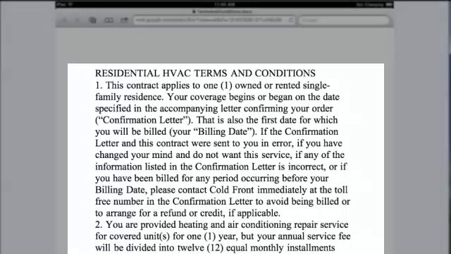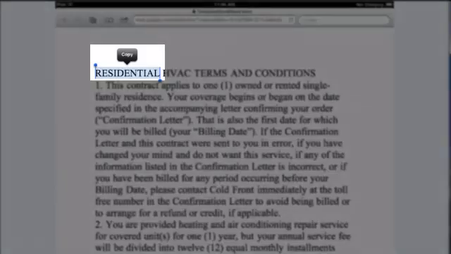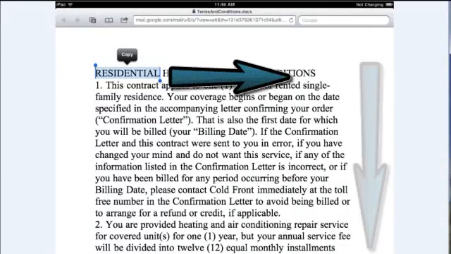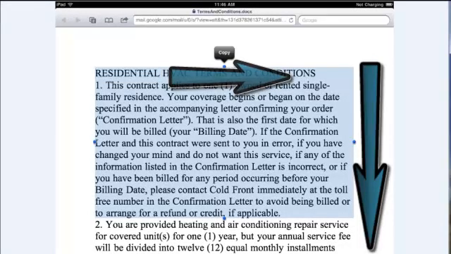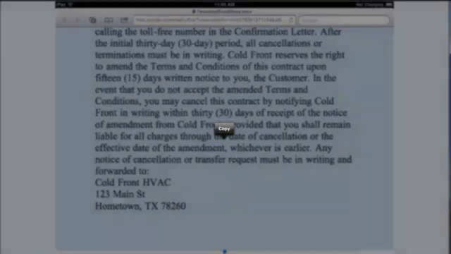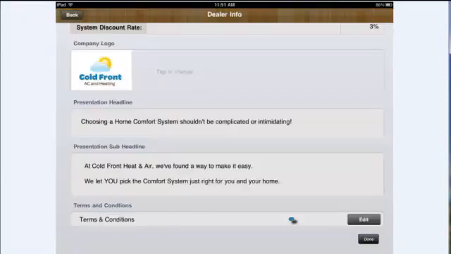Now remove your finger from the screen, and a few buttons will pop up that say Cut, Copy, and Paste. You will also see that a word of text has been highlighted. Drag the highlight over the rest of your terms and conditions text. Once selected, press Copy. Finally, navigate back to Add2Cart, go back to the Dealer Information menu, scroll to the bottom